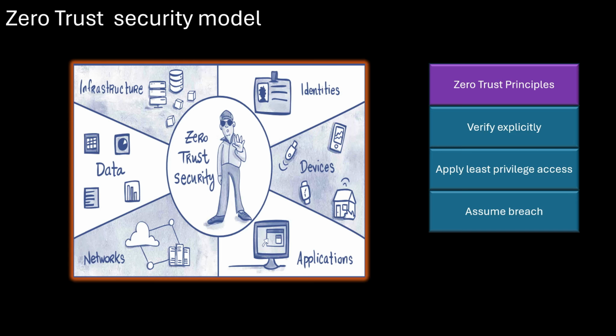The zero trust security model is a comprehensive approach to cybersecurity that centers on the belief that threats can come from both outside and inside the network. It fundamentally shifts the security mindset from assuming that everything inside an organization's network can be trusted to a never trust, always verify approach. The zero trust security framework is built on three key principles that provide multiple layers of